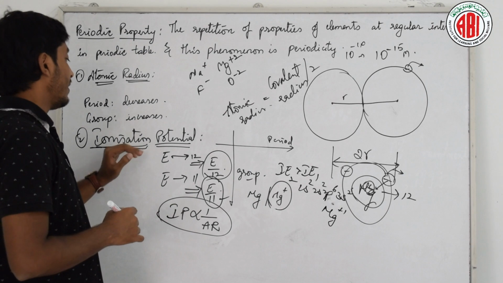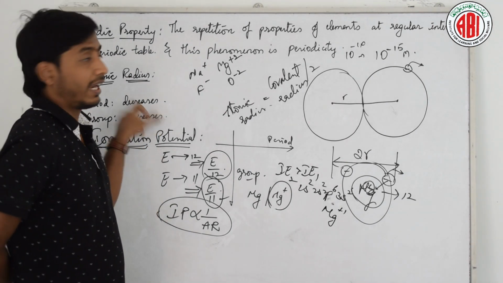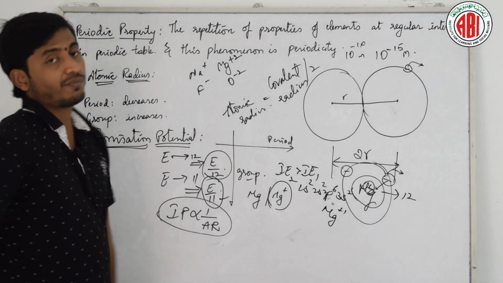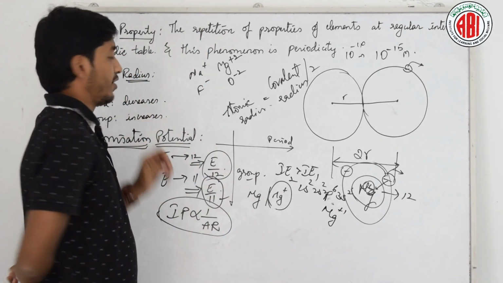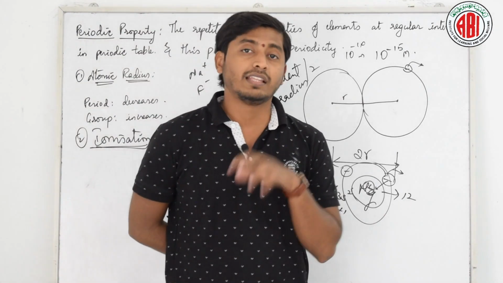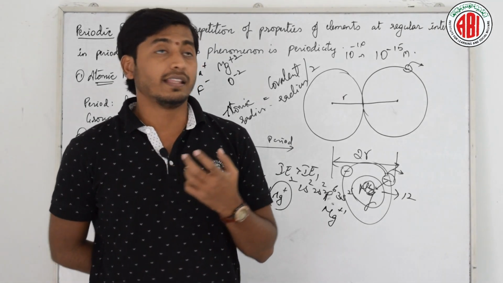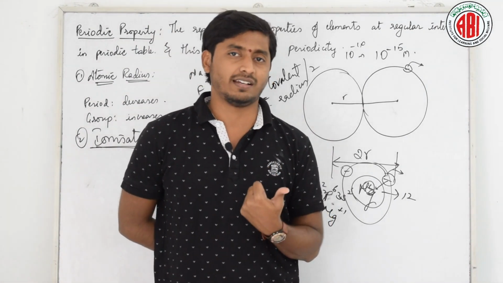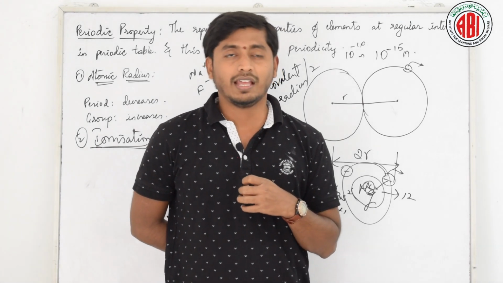In a period, the ionization potential increases from left to right, whereas in a group, ionization potential decreases from top to bottom, right? That should be the conventional theory from the atomic radius. But there are a few things which affect the stability, which affect this variation due to its internal periodic properties. What are the factors that are affecting this ionization potential? Okay, let us see them.